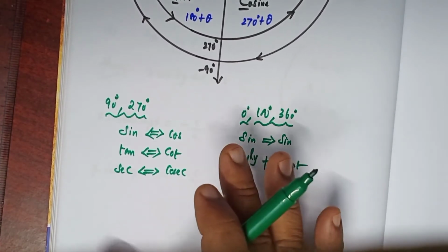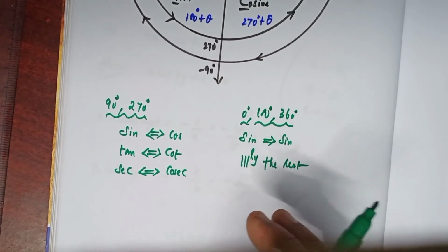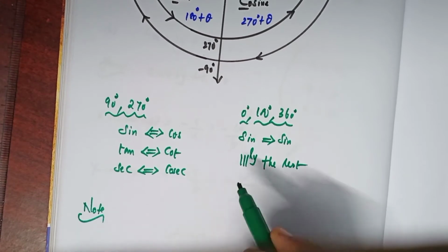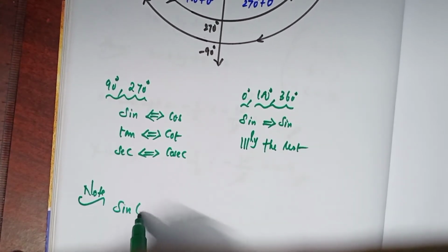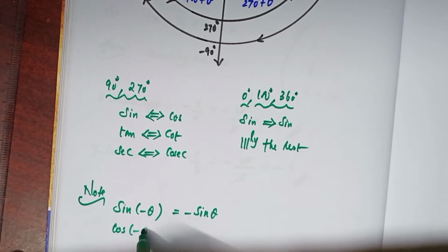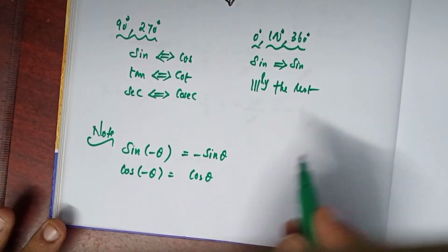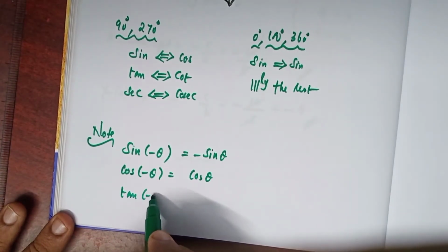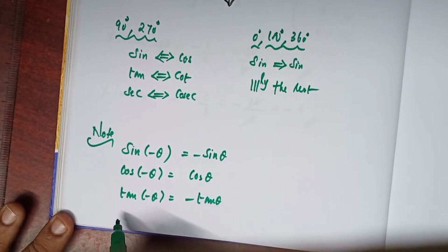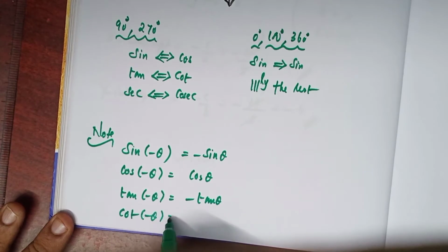Exercise 3.3, first problem. Before that, you note down this also. Note: sine of minus theta is equal to minus sine theta, cos of minus theta is equal to cos theta, tan of minus theta is equal to minus tan theta, cot of minus theta is equal to minus cot theta,